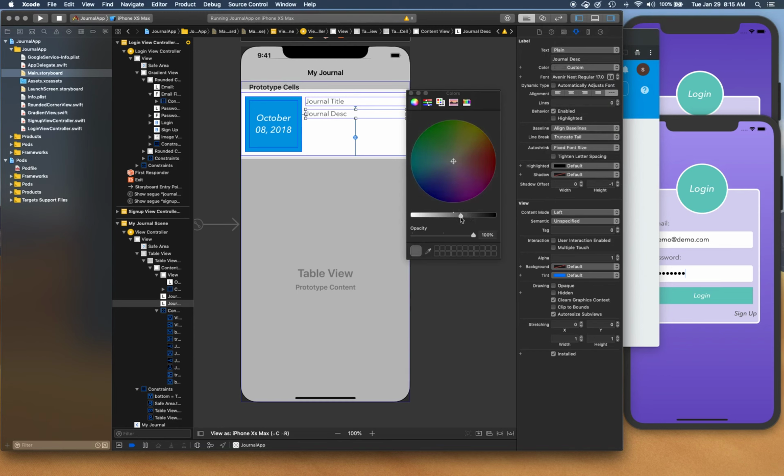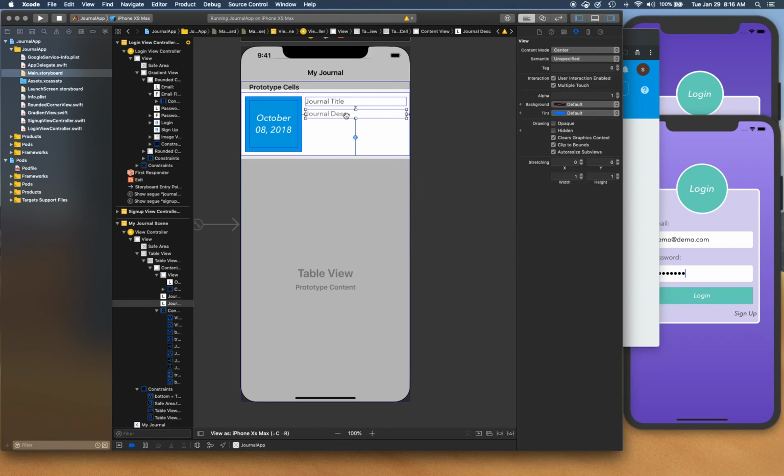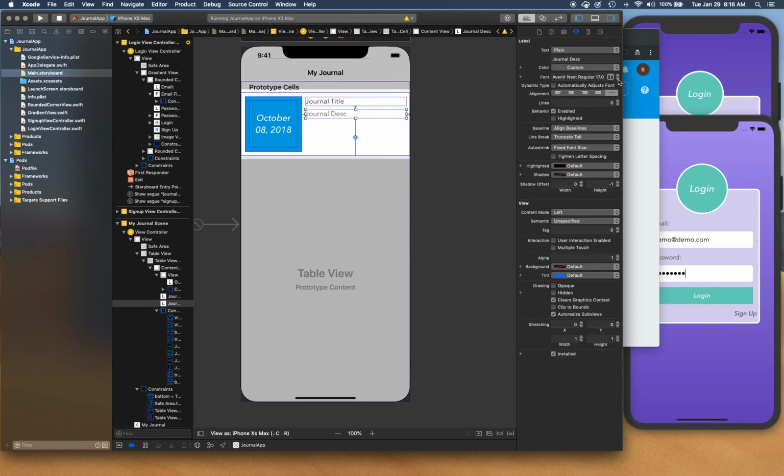Okay, there we go. Alright, that looks good, and I want to set this one a little bit darker than what it is. Okay, that's perfect. Okay, alright, let's set this font to be a little bit smaller than what it is,